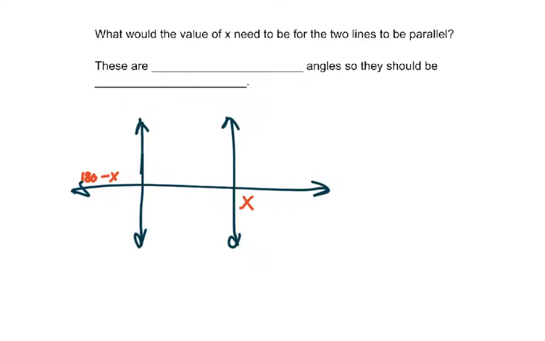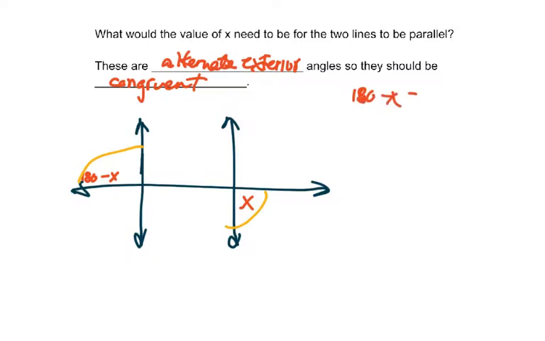So on the next one, both of these angles are outside of the parallel lines. That means they're on the exterior. They're on opposite sides of the transversal, so they are alternate exterior angles. Alternate exterior means they should be congruent, which means we got the arc 180